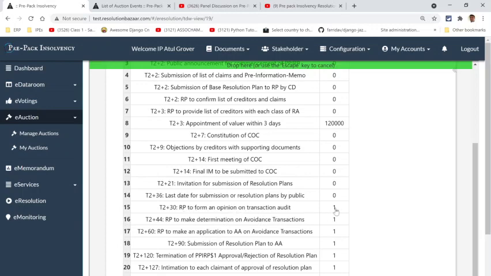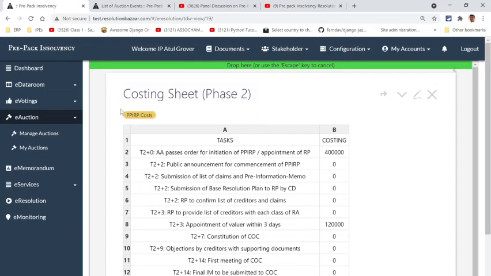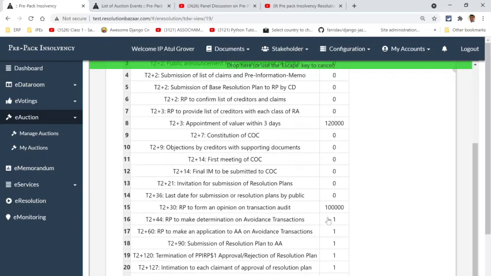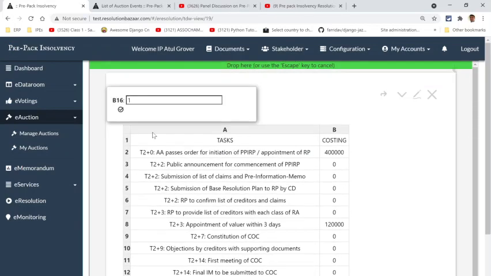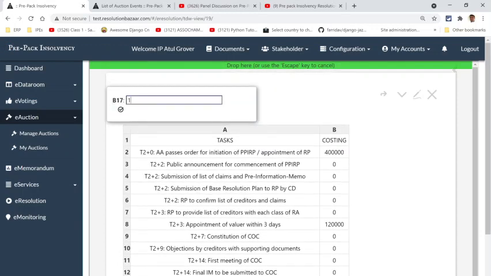So this is where the transaction auditor comes into play. Now, transaction auditor again depends upon who the people are. Let us assume that they charge 1 lakh rupees to conduct a transaction audit, and then the determination of the transaction audit doesn't cost. We've already paid the resolution professional. He has to make an application, and there may be then multiple applications going back and forth. So let us say that we